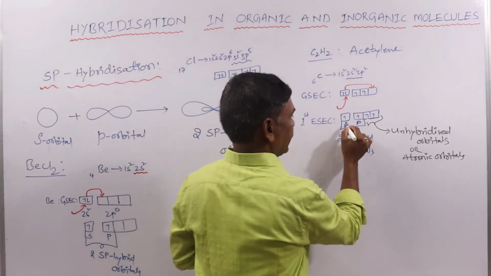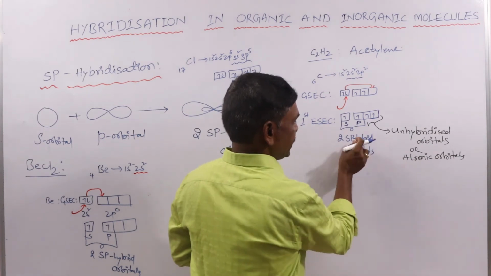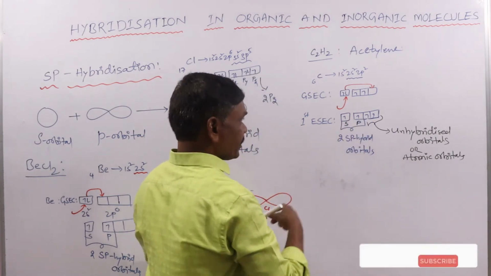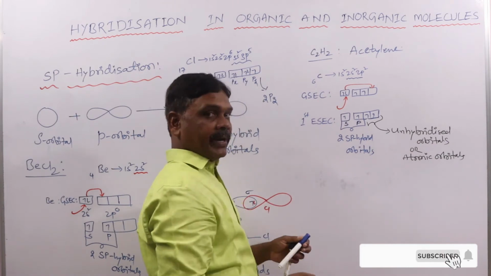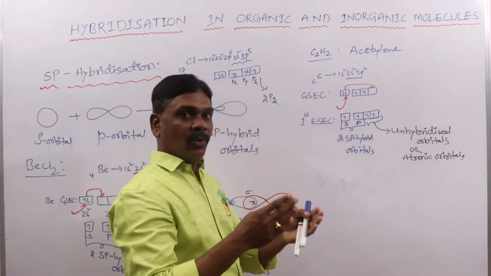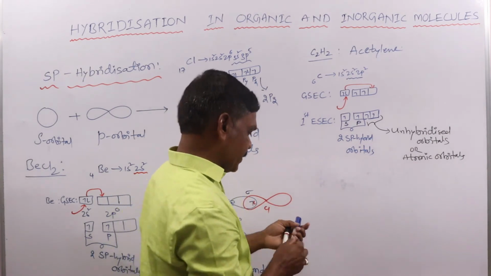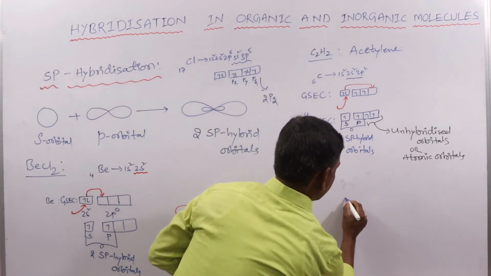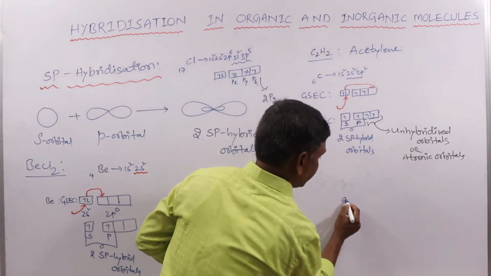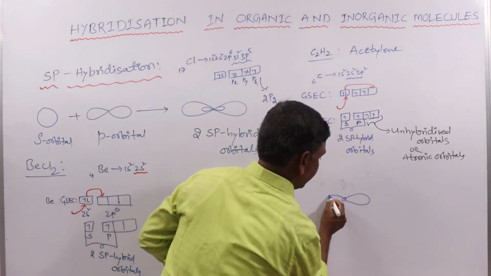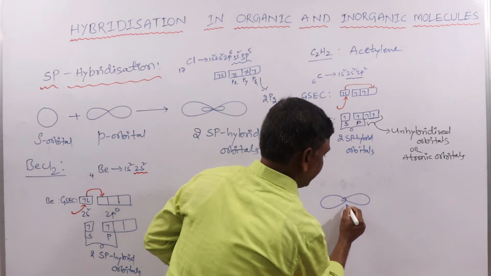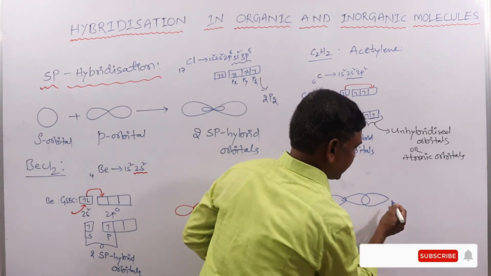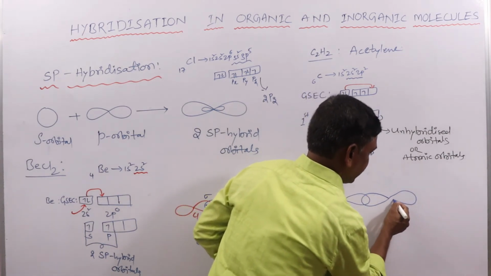So 1 s orbital and 1 p orbital involving in hybridization, so that we are getting sp hybrid orbitals. How many? 2 sp hybrid orbitals for one carbon atom. So like that, how many carbon atoms we have? 2 carbon atoms, so that we are getting 4 hybrid orbitals for 2 carbon atoms. So first carbon atom I am taking here, 2 sp hybrid orbitals. First hybrid orbital and second hybrid orbital. This is C1, first carbon atom, and this is first hybrid orbital of second carbon atom and second hybrid orbital